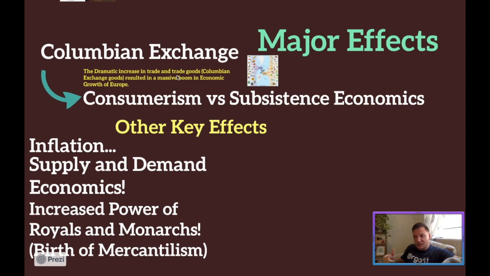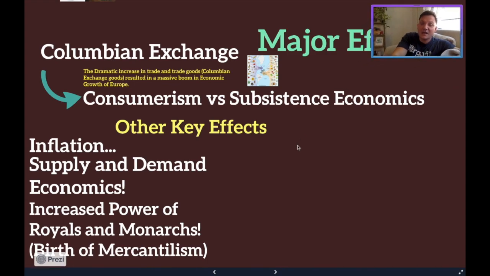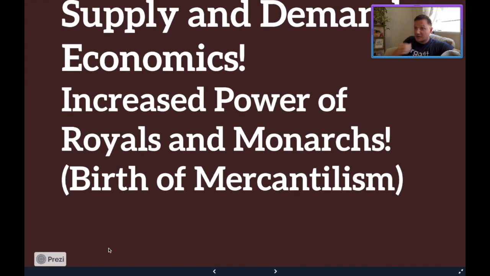And another huge thing that's going to be happening due to the consumer effects and the actual commercial effects of the exploration period is you're going to see the power of monarchs grow even more, okay? The power of royals and monarchs is going to get even bigger because they're going to start adopting this concept known as mercantilism, all right? So monarchs and monarchies are going to grow their power because now with more money circulating through society, they can tax people more. And if they can tax more, that puts more money into their pocket,